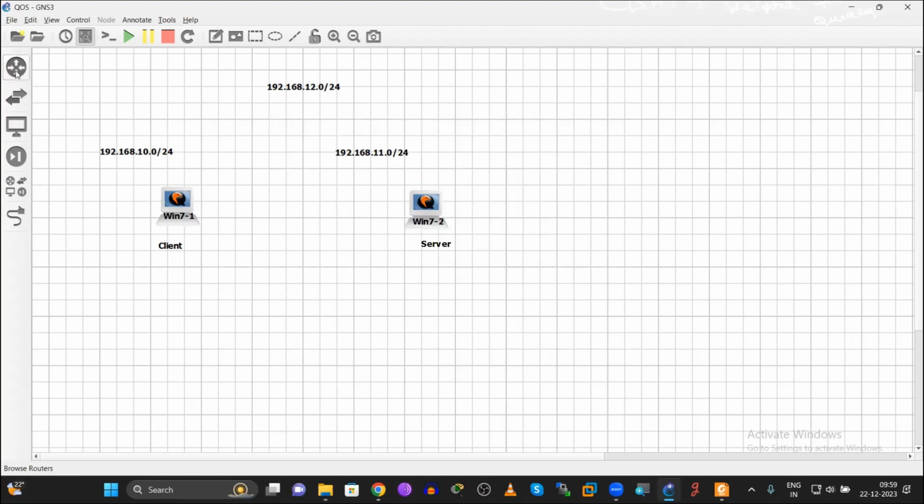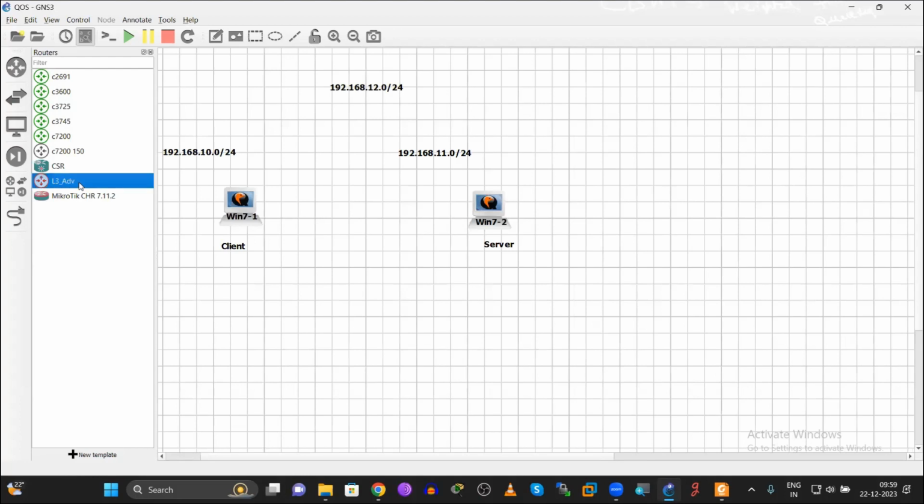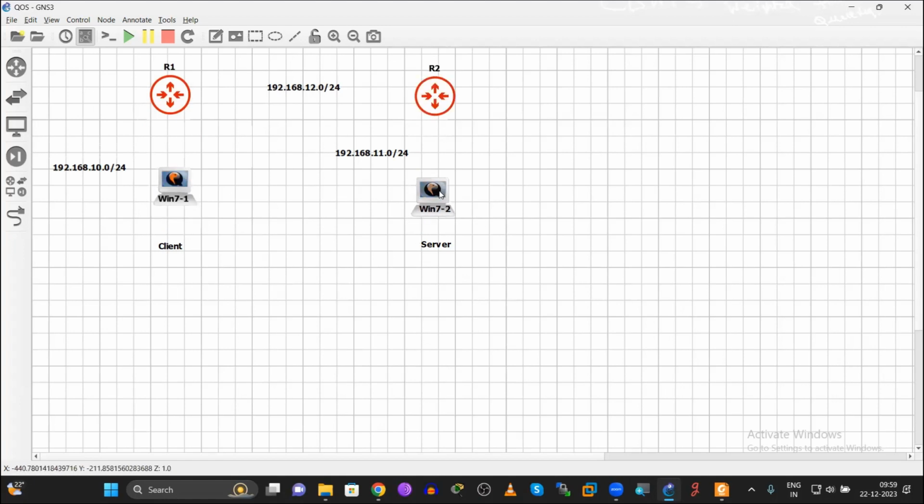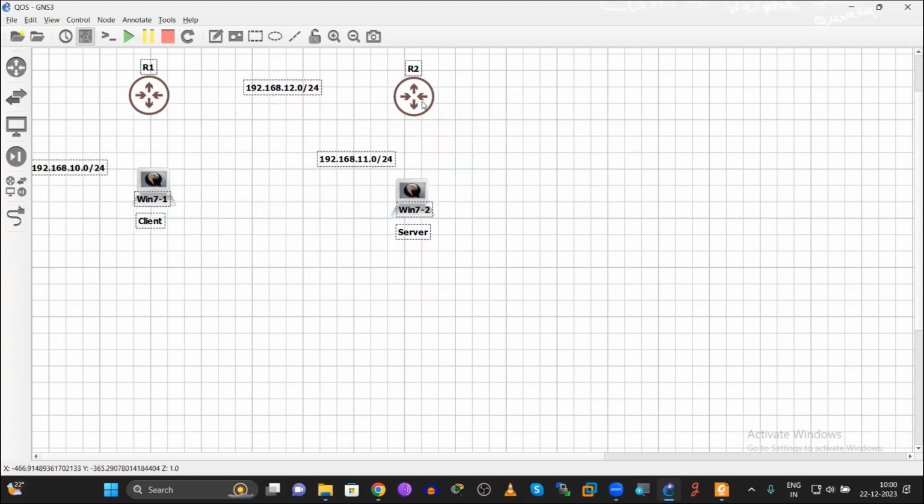Instead of these two routers, I'm going to pick up fresh routers. Now I'll connect all of them together.